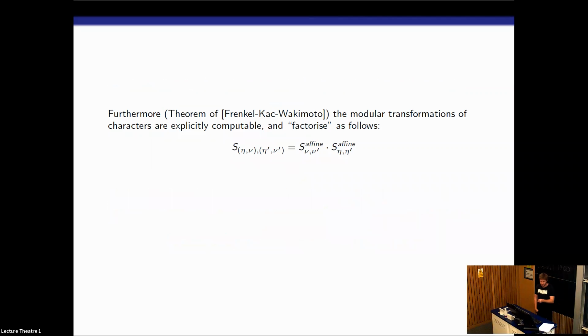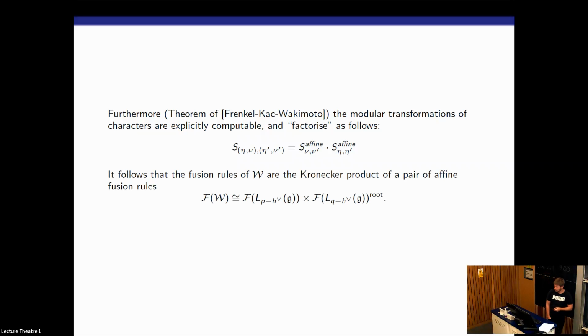So, and then I wrote, but I didn't say, that this was this very good paper of Frenkel, Kac, Wakimoto, where they worked all this out in this principal case. You find that the corresponding S matrix for the W algebra is just a Kronecker product of S matrices, these affine S matrices, whose formula I gave on the previous slide. One for level P and the other for level Q. Okay. I'll comment in a few slides more on how you do these computations.